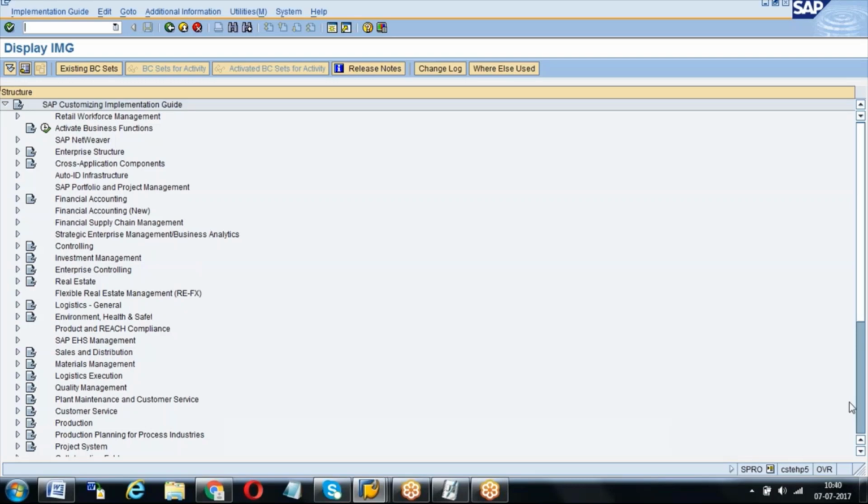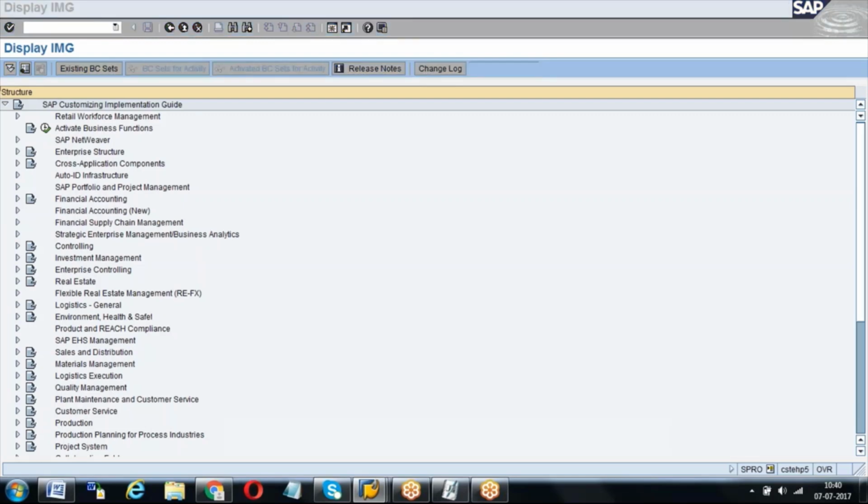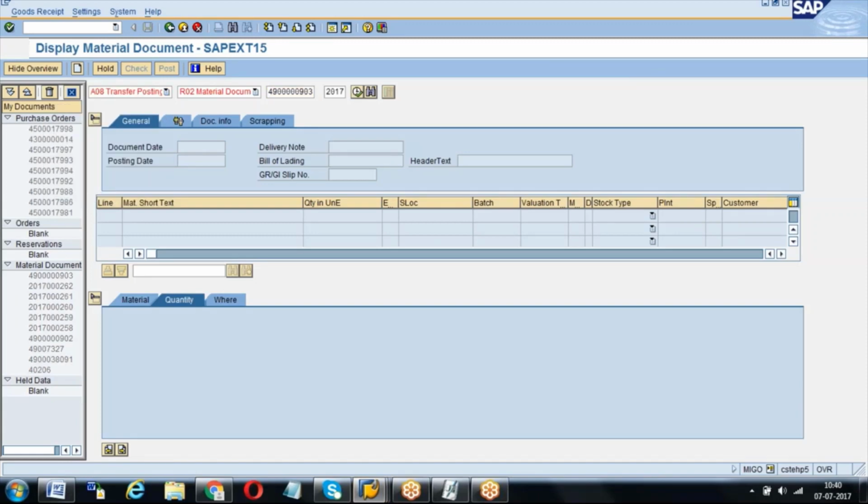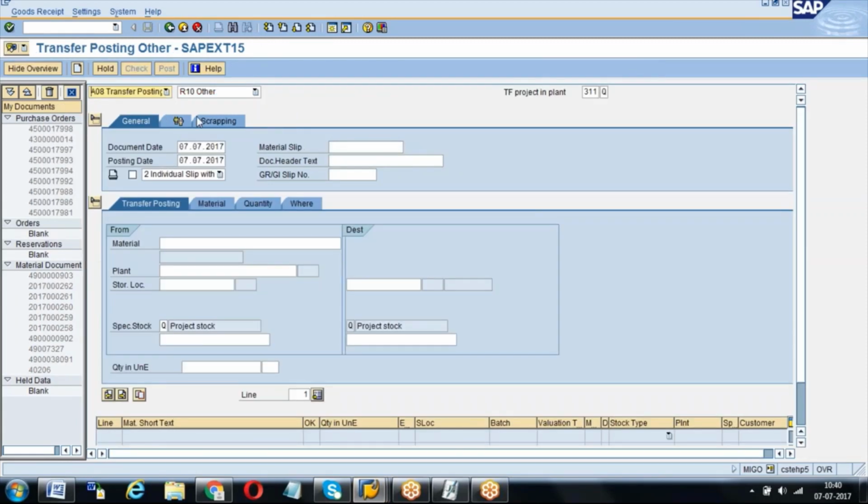But the stock transfer we can do either through transfer posting with T-code MIGO, or else through a stock transport order. That we are going to learn in the special procurement sessions. See, even I used to feel confused sometimes, because when you read the meaning, the system says transfer posting is a logical movement, not a physical movement. But what are the physical movements? There are a few physical movements.